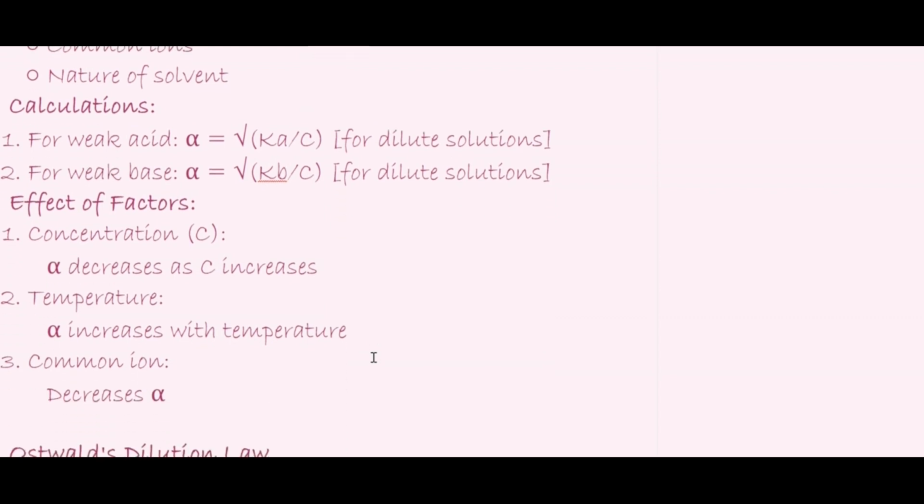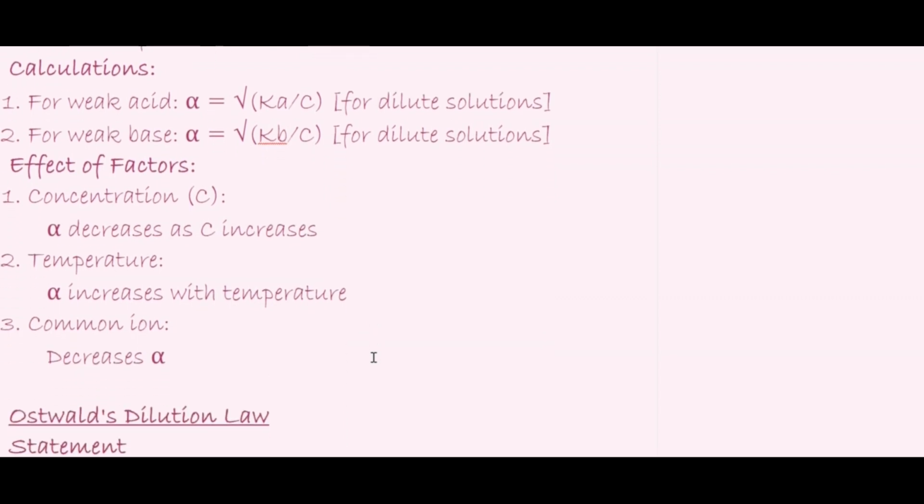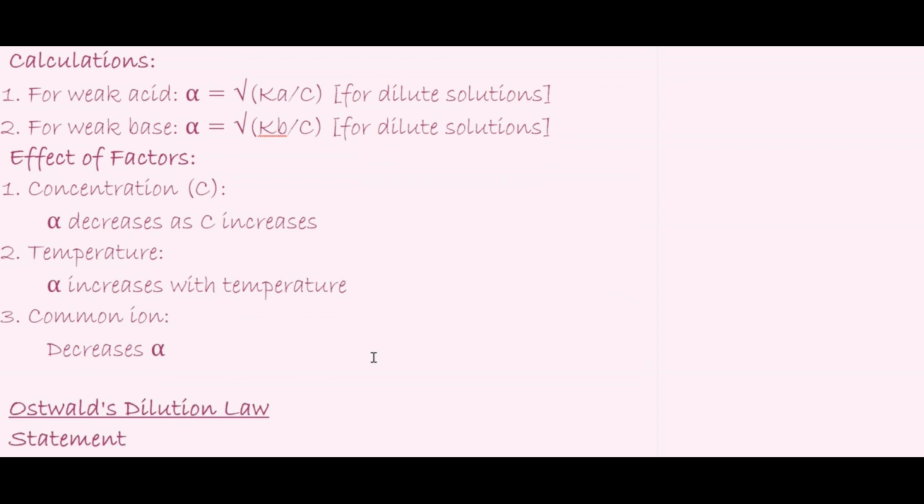Calculate degree of dissociation for the given weak acid and weak base. I told you this is especially for weak electrolytes. Weak electrolytes include weak acids as well as weak bases. Weak acids like acetic acid or organic acids, and weak bases include ammonium hydroxide. So how will you find the degree of dissociation of these? You have to find the Ka value